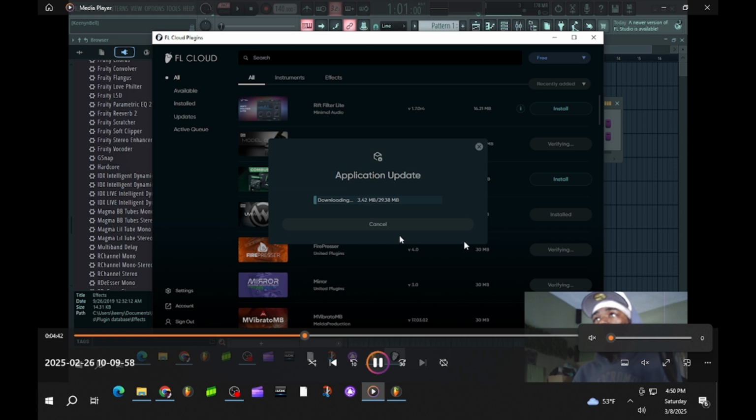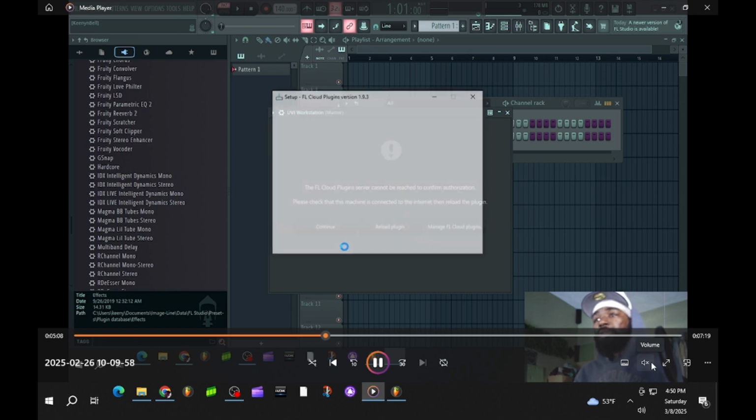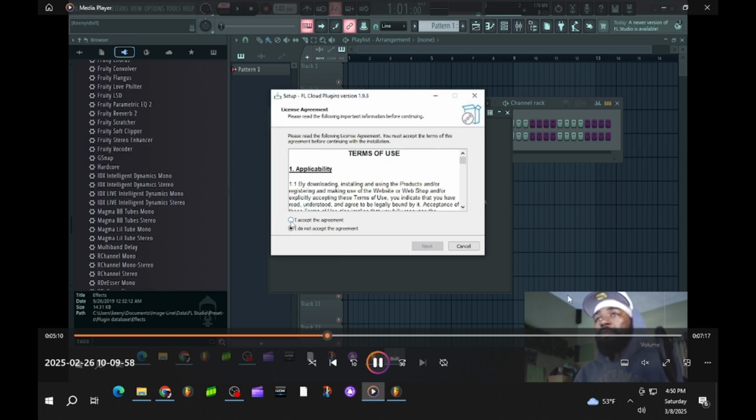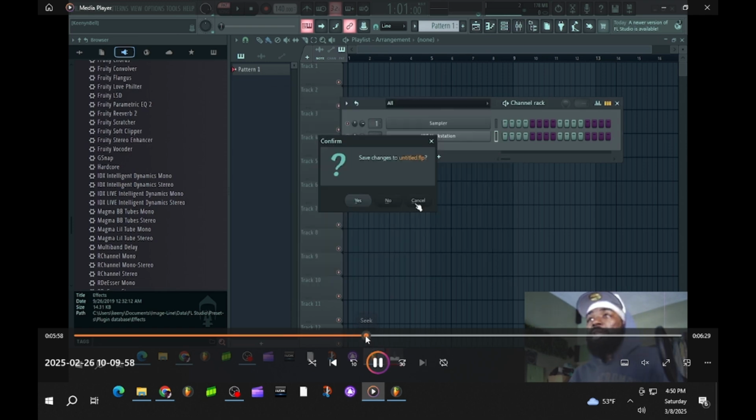Certain plugins or VSTs that you have could be out of date. So it's like, fix these. All right, and these weren't a part of the issue. These just needed to be fixed, which the plugin itself detected. But if anything, just to save time, you would want to just uninstall and reinstall everything, correct? So that's what I was basically doing. I was updating stuff,